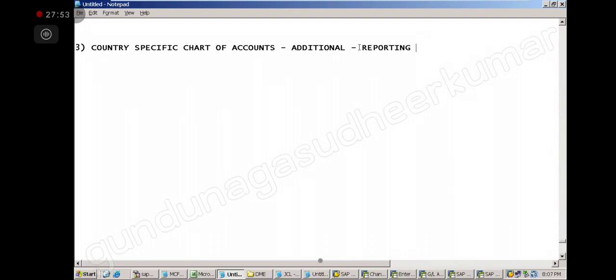So that's why we have to maintain another set of accounts. Either you merge the interest component or remove it and show the books of accounts to the government. For that purpose you need another set of accounts. That set of accounts is nothing but the country specific chart of accounts. Is it clear? Yes, sir. So this chart of accounts is maintained